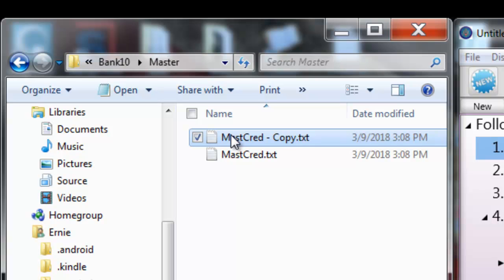Now, the second step is restoring the file, and that's done after you've updated. Now, when you perform an update, Windows Installer first deletes the application and many associated files, and that's the reason for making the master creditor copy in the first place. By the way, let me say right now that updating or reinstalling never deletes or harms your client files, just to let you know. Now, sometimes in the earliest versions of Bank10, the mastcred.txt file was among those erased or